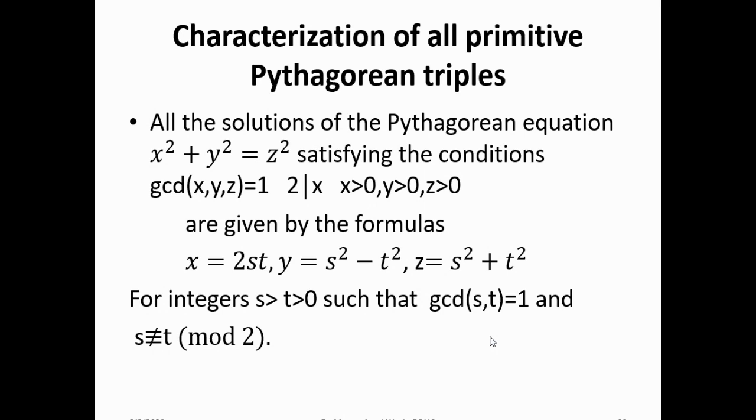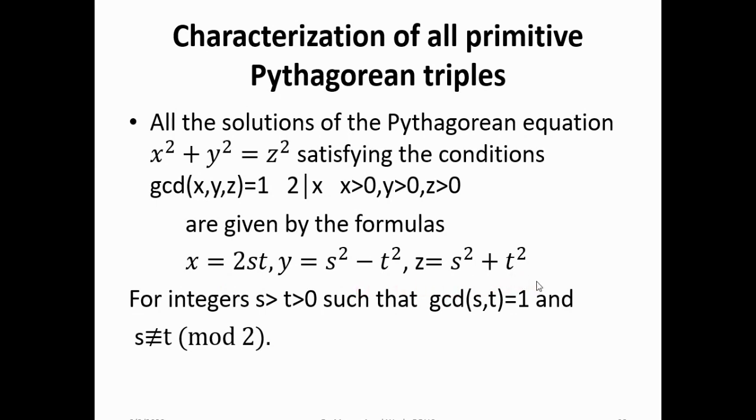Now let us characterize all the primitive Pythagorean triples by this result. In proving this result, we shall be using lemma 1 and lemma 2. So this result goes like this. All the solutions of the Pythagorean equation x square plus y square is equal to z square, satisfying the conditions GCD xyz is equal to 1, 2 divides x, and xyz all are positive, are given by the formulas. What we are saying is all the solutions of this Pythagorean equation with these conditions are given by x is equal to 2st, y is equal to s square minus t square, and z is equal to s square plus t